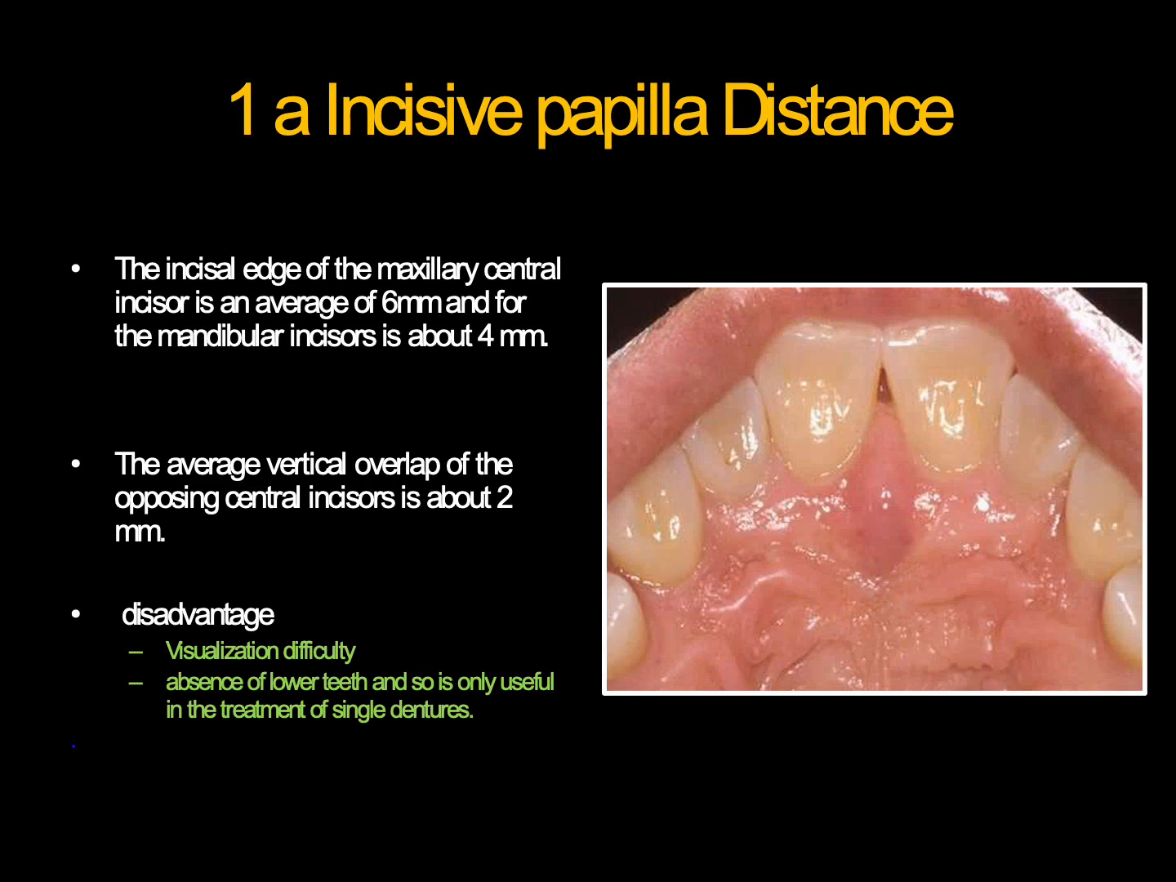Moving on to the first technique in detail, the incisal edge of the maxillary central incisor is at an average of 6 millimeters, and for the mandibular incisors it is about 4 millimeters. This average vertical overlap of opposing incisors is about 2 millimeters. So these details are used for correlating the vertical dimension in edentulous patients, but the disadvantages are the absence of natural teeth, visualization can be difficult, and the absence of lower teeth makes this feasible only while fabricating